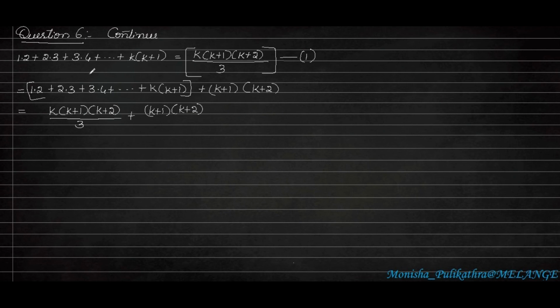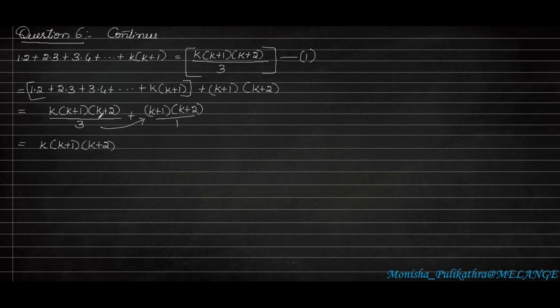Let us continue the sixth question. So I have already written equation 1 here one more time. So next, up to here we have to arrange it as a one form series. For this series we have to equate equation 1. So instead of this whole series we can equate the equation. I have equated it. Later we have to take the LCM part of it. So it will become k into k plus 1 into k plus 2.